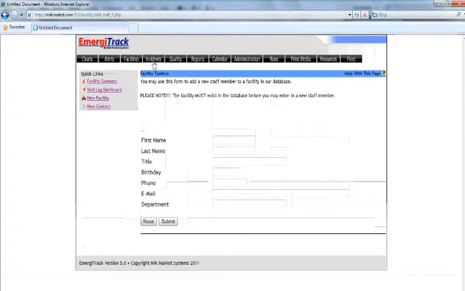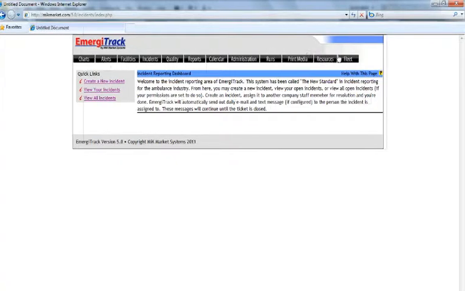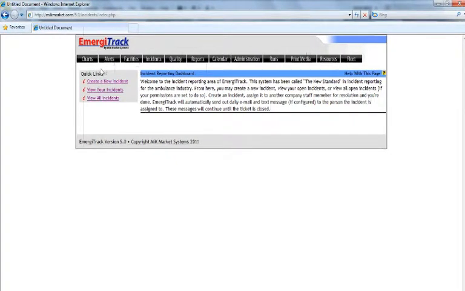The next tab that's provided by EmergiTrack is the Incidents tab. Let me digress for just a second. EmergiTrack was originally built to be a marketing support software. It was something that I saw as a marketing director that needed to exist